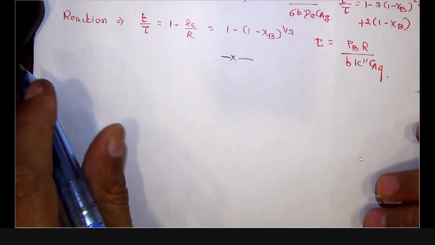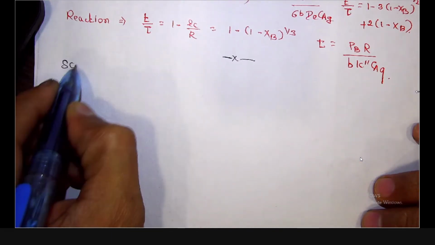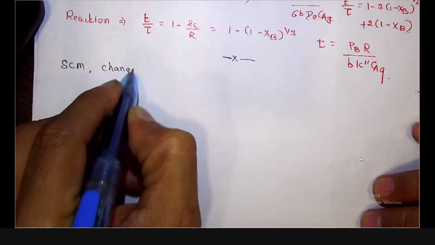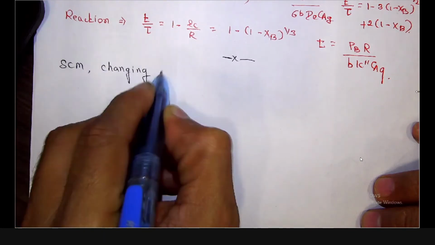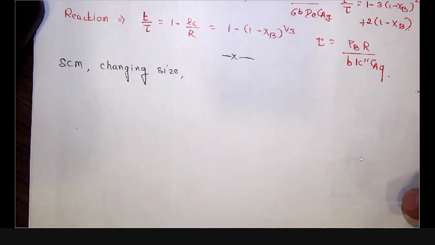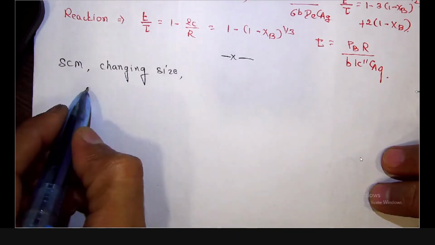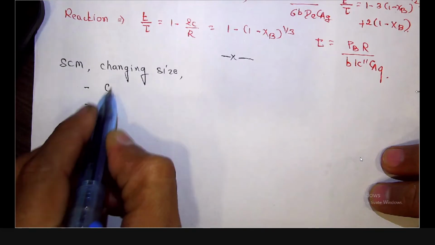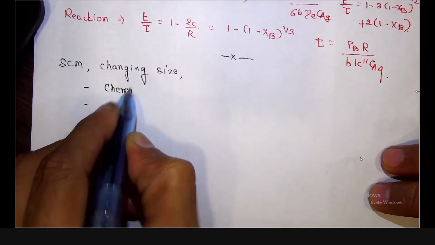So, the shrinking core model, with changing size. That means here the particle itself will shrink. The particle size will change. So here the two main resistances are, one, chemical reaction controlling,